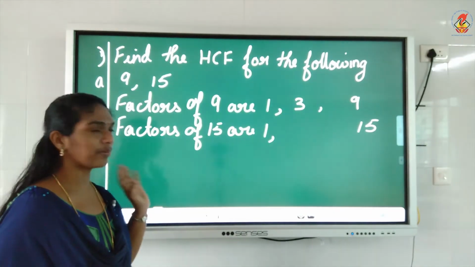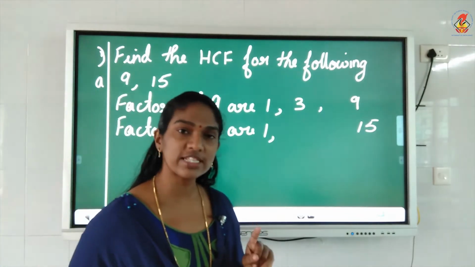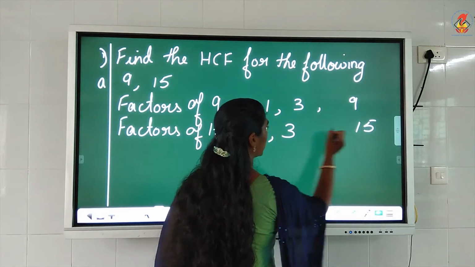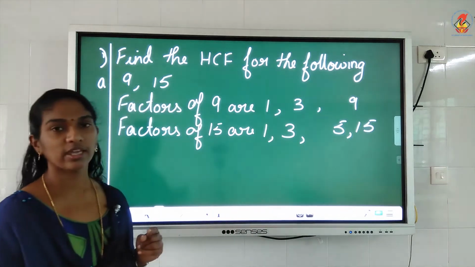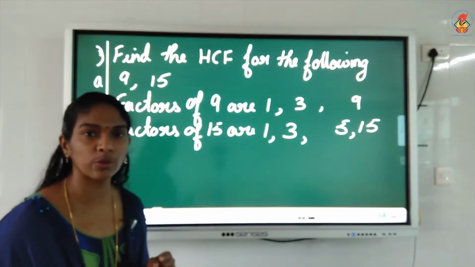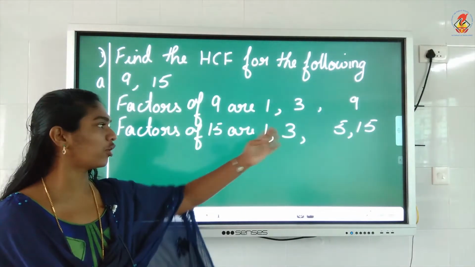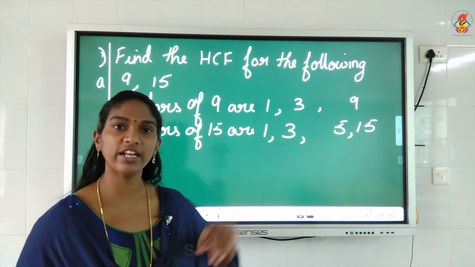Okay. Now, coming to the 2 table. Is there 15 in the 2 table? No. 3 table? Yes, 3 5s are 15. So, write 3 and write 5 here, put commas. Okay. Then, coming to the 4 table, do you have 15? No. Again, coming to the 5 table, you have already found out. So, what are the factors of 15? 1, 3, 5 and 15.